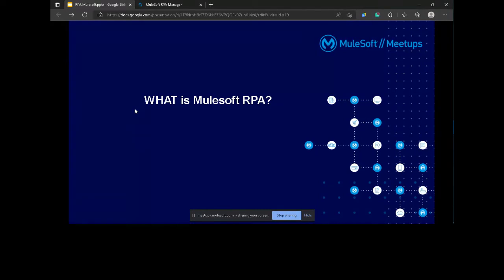So those things have always been there. But how MuleSoft RPA has now come, how it is a matured product, how it is different, and what all things it brings to the table, so that people should go to MuleSoft RPA, right?